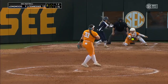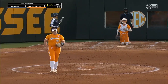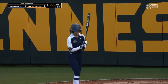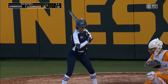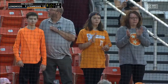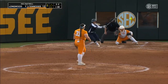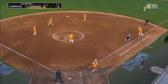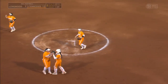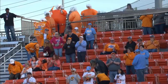Dominant day in the circle. Just outside, 2 balls and 2 strikes. Two bounces to fall, and that is the ball game. Dominant start to finish for Tennessee, and they polish off a perfect 4-0 weekend with a